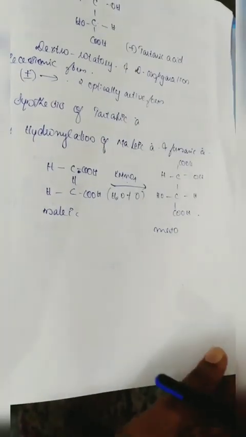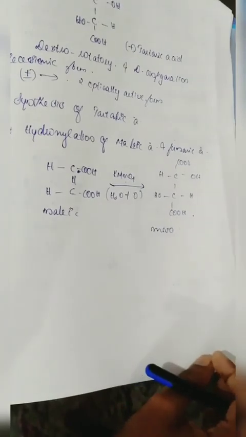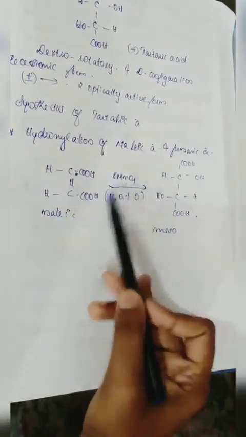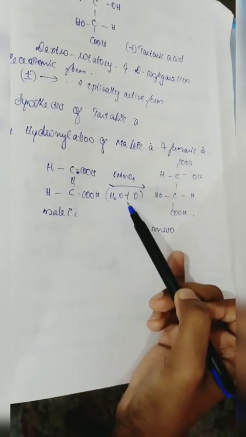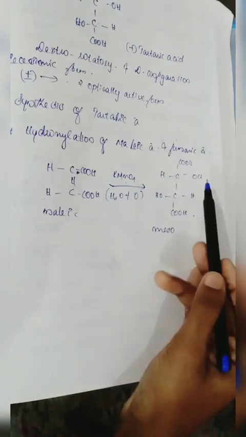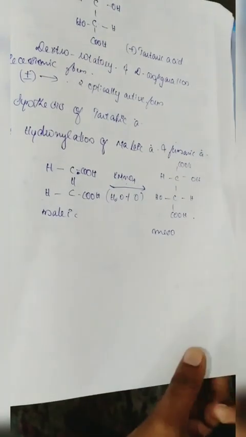So this is a very simple reaction, nothing like rocket science. You can learn it easily. This is maleic acid, and we'll be treating it with all these reagents. For the hydroxylation reaction, we'll be adding water, and we'll be getting meso tartaric acid. So moving on to the next